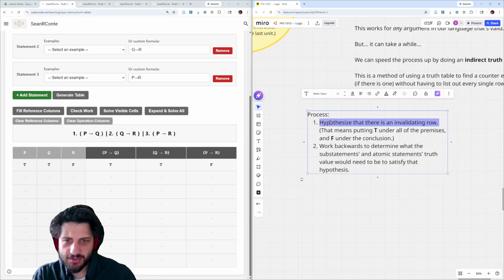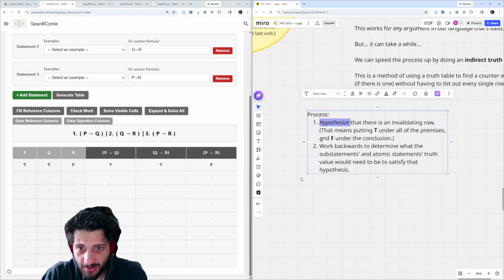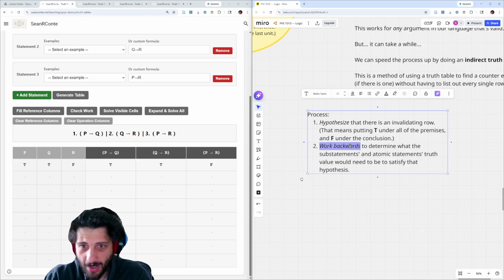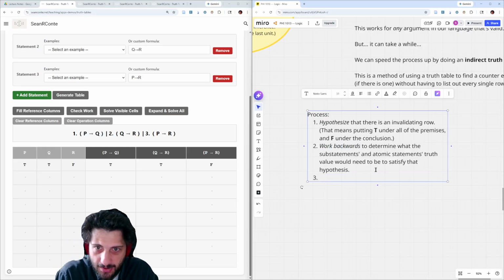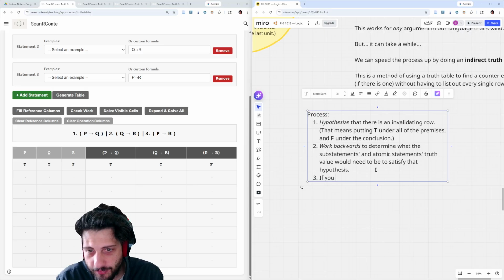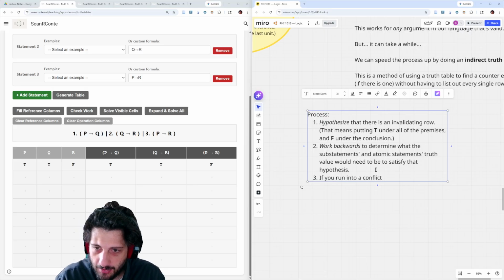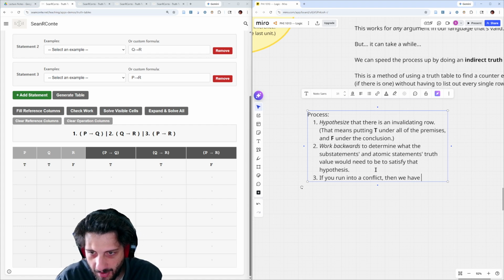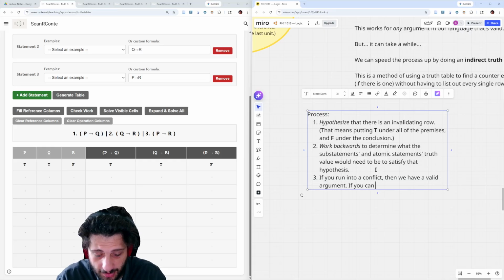So first, hypothesize, then you work backwards, and then finally, as you're working backwards, if you run into a conflict, then we have a valid argument. If you can create a counterexample row